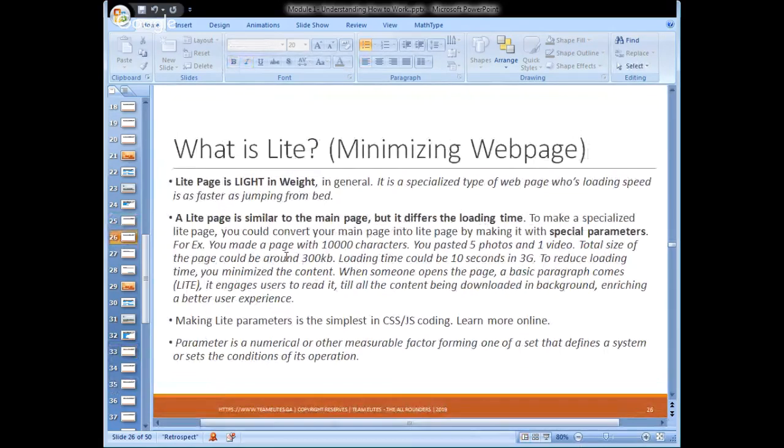So what is light? A light page is light in weight. Is it more difficult to lift up a 10 kg box or a 1 kg box? May I know the answers? You have two choices: a 10 kg box and a 1 kg box.